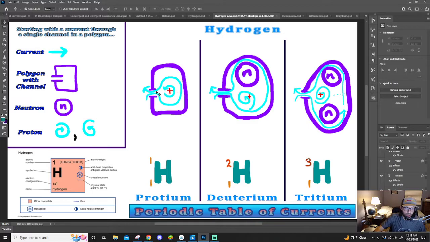But like the currents create space for the eddies of the proton to form, so the neutron doesn't just form like that. Maybe it does in the center, maybe it more so forms like this. Like there's not really a free neutron. That would basically just be a neutron. If it just formed a neutron by itself with a current going around it, that would essentially be a neutron. But that would probably be unstable, and so to create stability here, hydrogen 1, 2, deuterium,